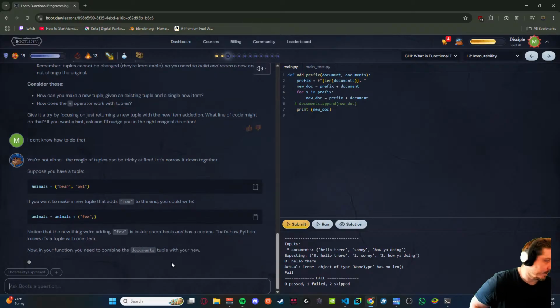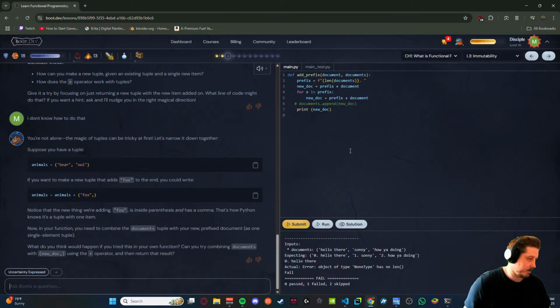If you want to make a new tuple that adds fox, then you make animals equals animals plus fox. The new thing we're adding is fox.